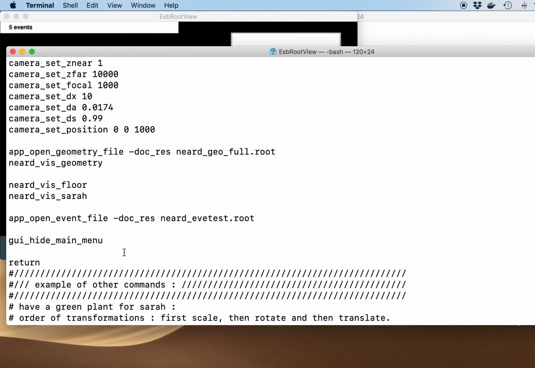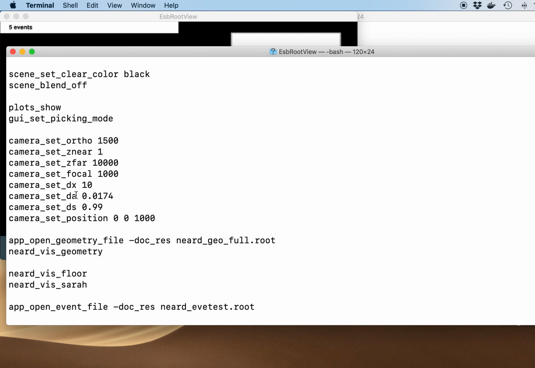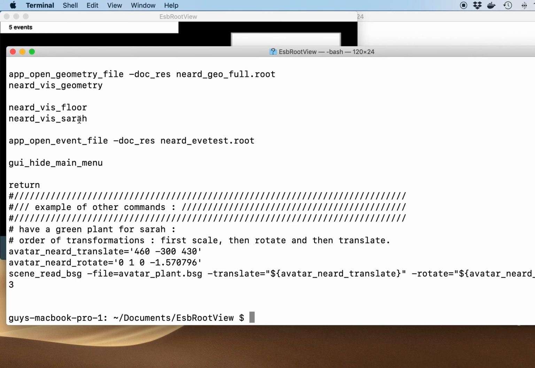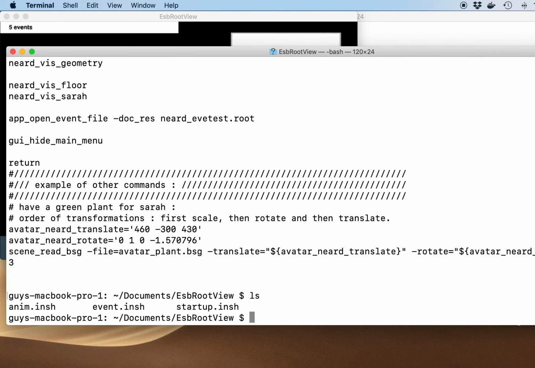This file describes things to set up: to do the camera setup, open a geometry file for the NERD, to load the floor and an avatar. This is executed by a little Bourne shell-like interpreter that comes with the application. It is called the INSH, the inlib shell, which is totally similar to a Bourne shell.